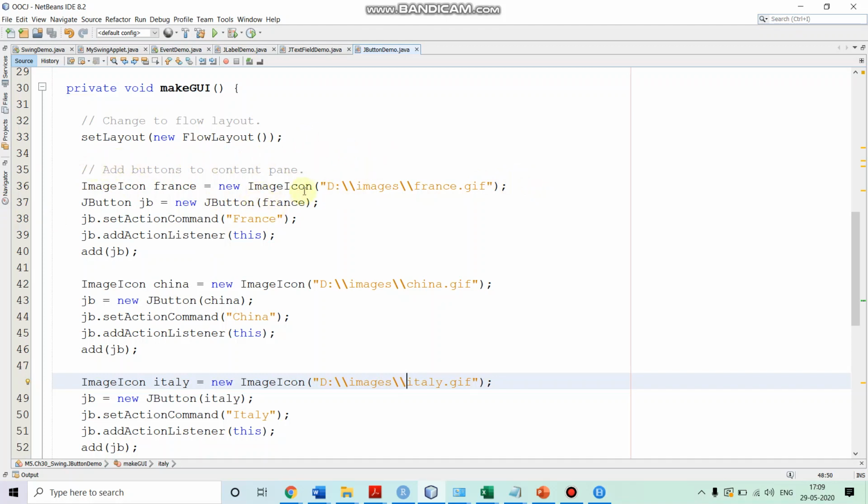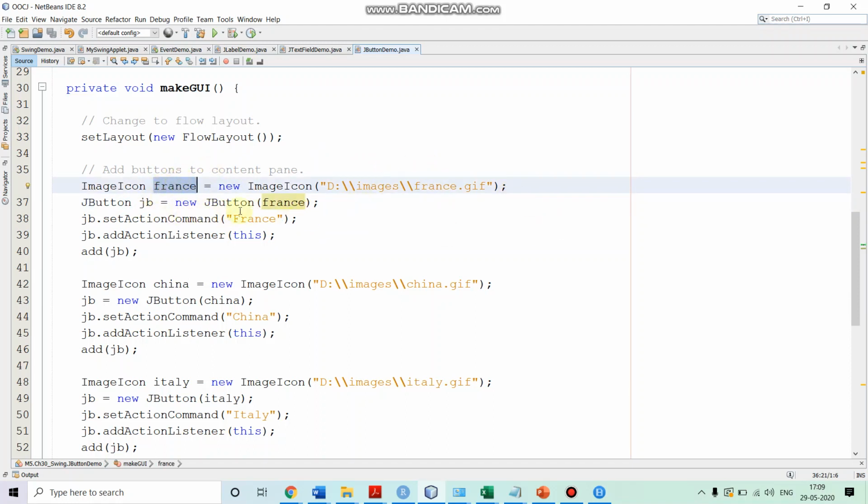We are creating the image icon for the map of France. We are creating an ImageIcon object, and as a parameter we are specifying the file name france.gif, which contains the map of France. We have given the icon the name france.